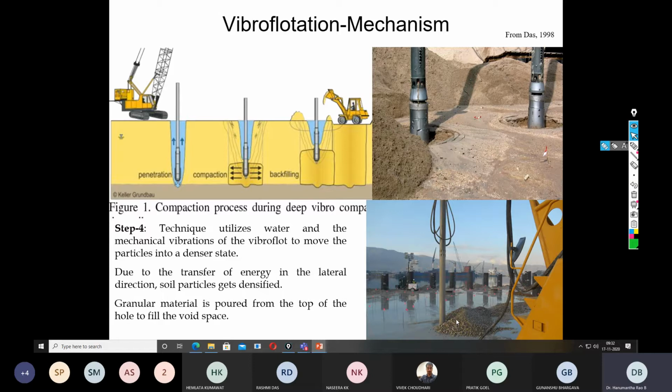This filling will be done from the bottom of the borehole. As we can see from the top left side picture, this is called the backfilling. The backfilling will be done from the bottom of the borehole until we go to the top. Now if you look at the completed backfill material, this forms some kind of a column. That column is called a sand column or a granular column, depending upon the backfill material that you are using. If you use only coarse sand, then it is called a sand column. But if you use aggregates, then that is called a granular column. Typically we normally use only granular materials.